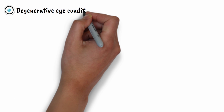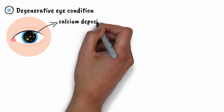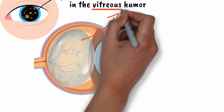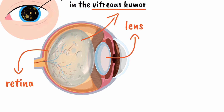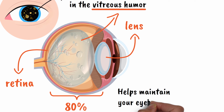Asteroid hyalosis is a degenerative condition of the eye that involves small white calcium deposits in the vitreous humor. The vitreous humor is the clear gel-like substance that fills the large space between your eye's lens at the front and the retina at the back of your eye. This gel takes up about 80% of your eye's volume and helps maintain your eye's round shape while keeping everything